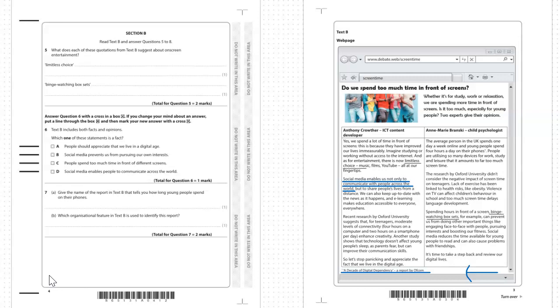So if we go to the right hand side of the screen, let's read the whole paragraph. Yes, we spend a lot of time in front of screens. This is because they have improved our lives immeasurably. Imagine studying or working without access to the internet, and as for entertainment, there is now limitless choice, music, films, YouTube, all at our fingertips. So when it says what does the quotation suggest about on-screen entertainment, limitless choice, what they're really looking for